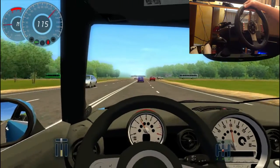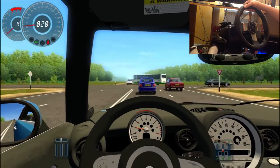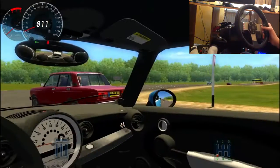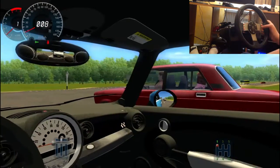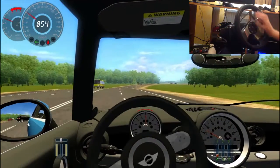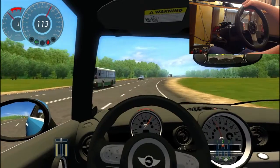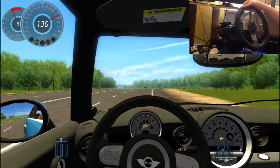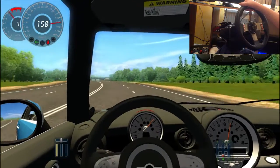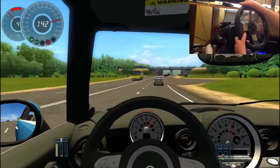GTA Online has come out, which is pretty cool. It seems shit. No, I'm joking, but it seems like I've got a little bit of problems at the moment, which is not too good. I mean, I really want to get into that lane. Got to pull out. I know Rockstar's had a long time to make that game, and I think it's because there's billions and billions of people just logging onto online. It just crashes it. I even heard on the radio that they bought new servers to actually handle online, which is quite